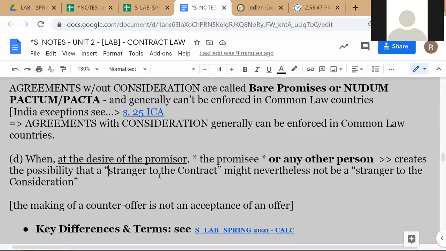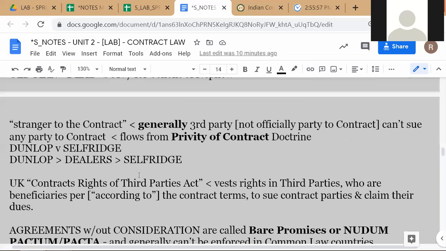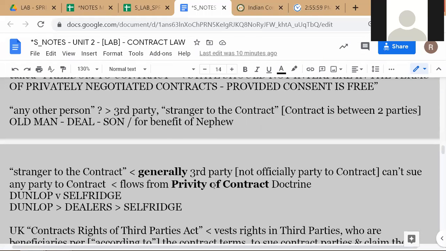The moment you're a third party, you're a stranger to the contract. But you may still have a right to sue, because you might not be a stranger to the consideration. Generally, when this rule of privity of contract was evolved, and applied to Dunlop and to the nephew, the implicit assumption here is that,